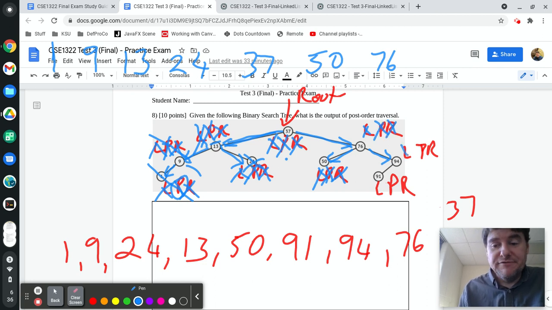There we're supposed to go left, which brings us down to the 91. We're supposed to go left. Nothing there. We're going to do a print, which gives us the 91, and then we're going to try to go right, which there's nothing there. Back up to the 94, we've done a left, so now we're going to do the print, 94, and then we're going to go right, which there's nothing there. So we're done with all that, we're done with all this, and we're done with all this, and the method